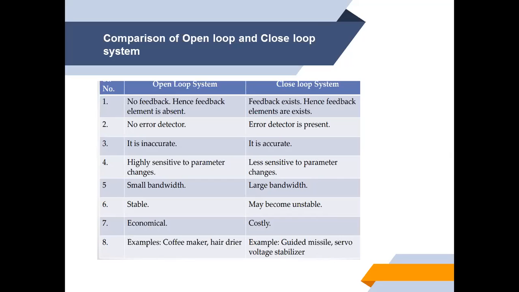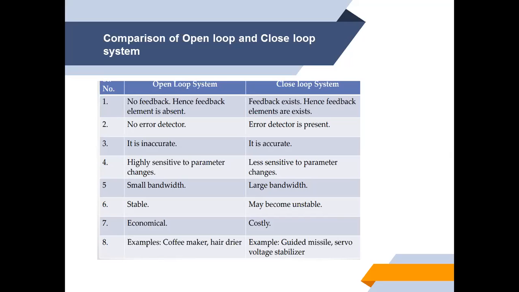desired output. The open loop system is inaccurate, as I told earlier. It is inaccurate because whenever we have an external disturbance in the form of noise or temperature variations in open loop system, we don't have any corrective measures in the form of a feedback loop. Because of that, it will be inaccurate. Whereas the closed loop system is accurate because we have a feedback system, and every time we check the actual output, we can compare it with the desired output and the corrective measures can take place.